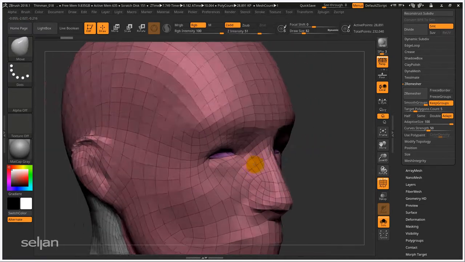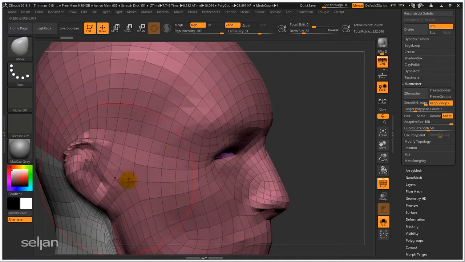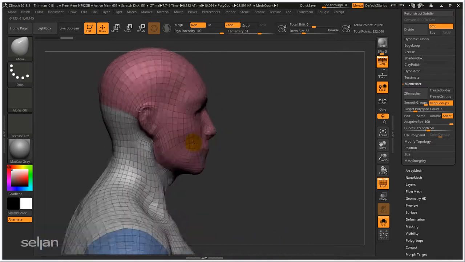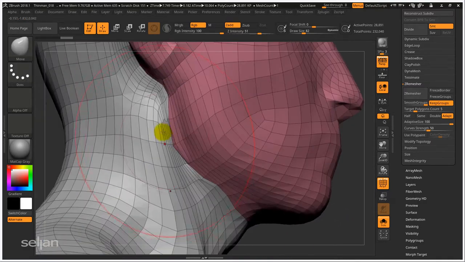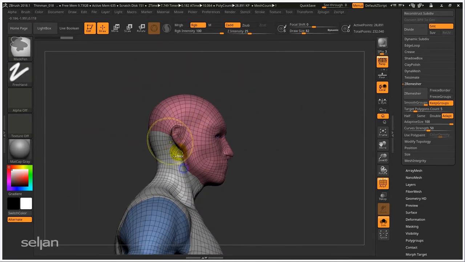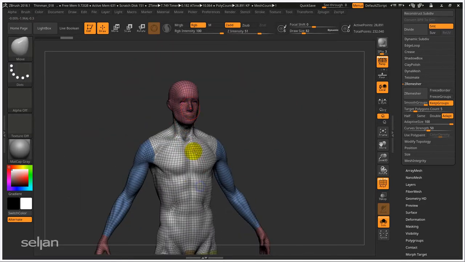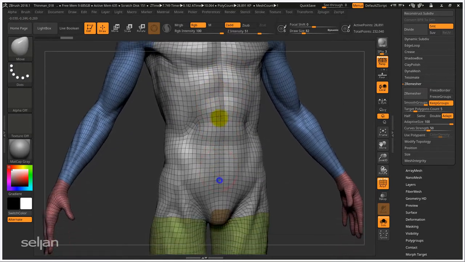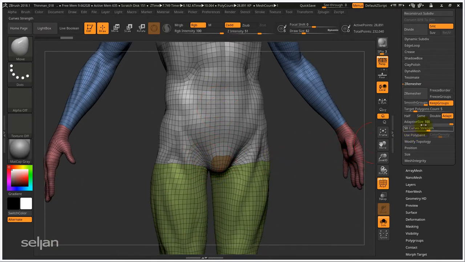In this case, there's not much, probably around the ears, but this is just a really rough model. As you see, we have a huge density change around the neck. But in 90% of the cases, it's just enough if you keep it at adaptive size 50. Okay, now